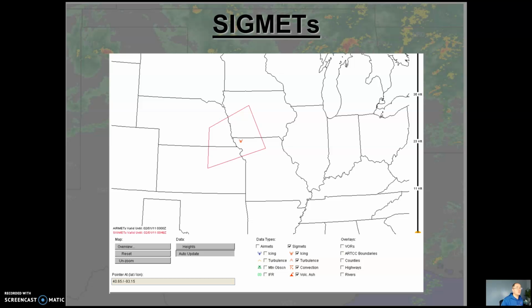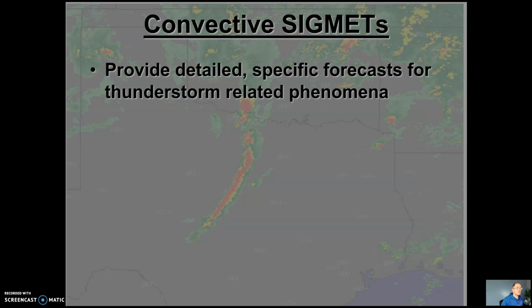This should look relatively familiar from a couple of days past. A little icing SIGMET here over the Omaha, Shenandoah, St. Joe's, Concordia, Kansas metroplex. Relatively small in size, but still not to where we're looking at a polygon size for a warning per se. These are going to be decently sized, and it's not going to be designed to capture every specific severe event in terms of turbulence and/or icing.